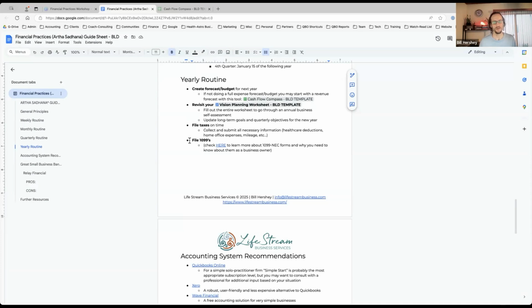And then, of course, this is something I see a lot of small businesses miss: filing 1099s. If we pay contractors who are sole proprietors or LLCs, essentially the short story here is the IRS considers single-member LLCs, if they haven't elected for S Corp status, in other words, they haven't incorporated, as a pass-through entity.